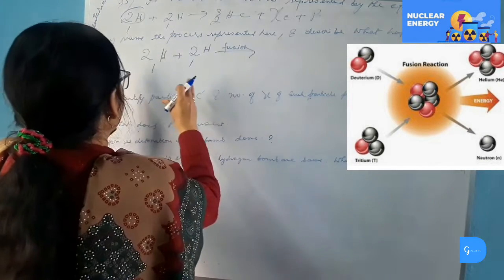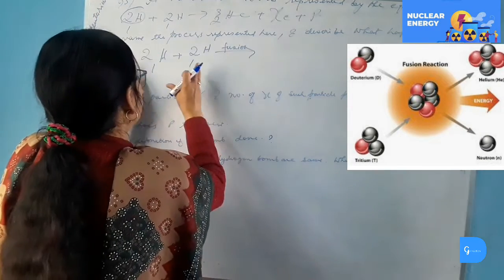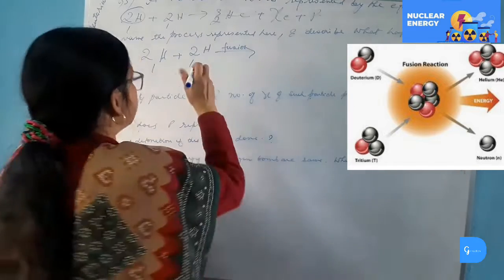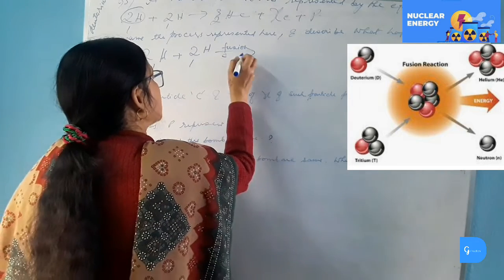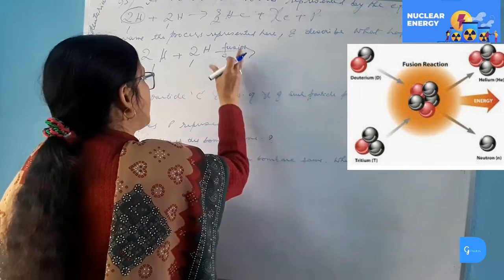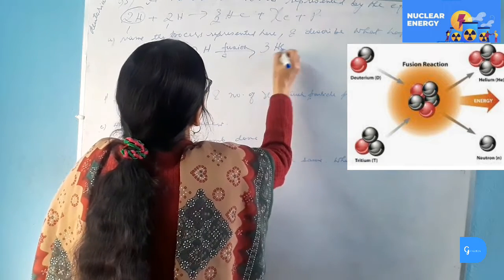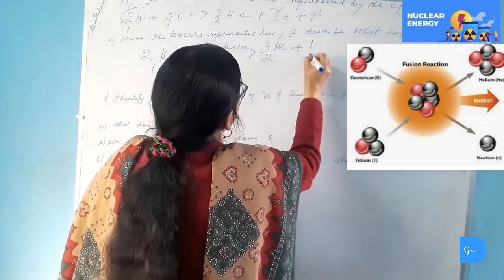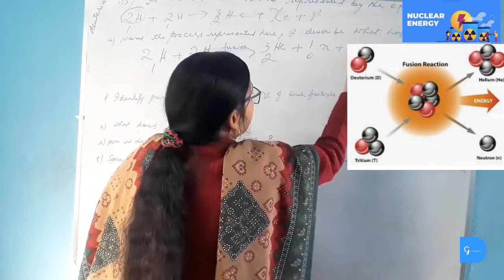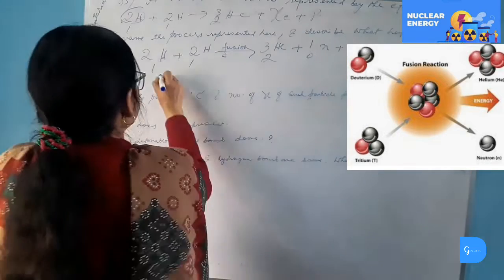Two light nuclei of hydrogen atom or deuterium atom having atomic mass 2 are taken together. Here millions of pascals of pressure and millions of degrees of temperature is needed. Then it will fuse to give one big nucleus of helium plus one neutron plus tremendous amount of heat. This is the nuclear fusion reaction.